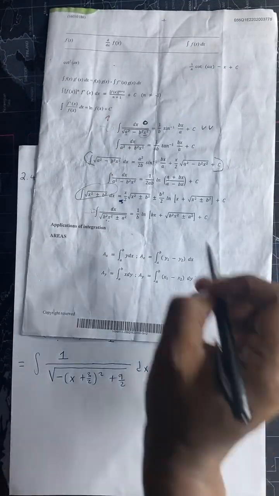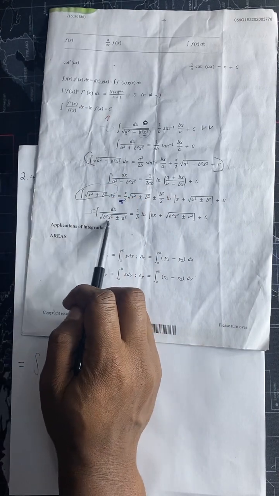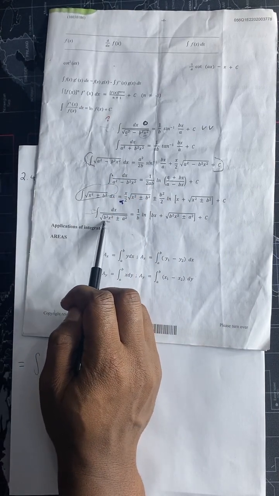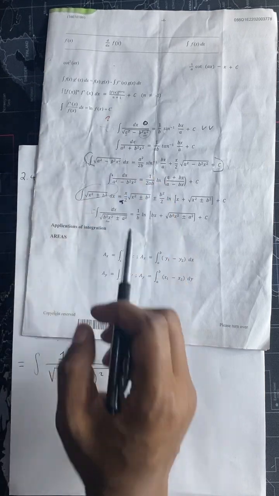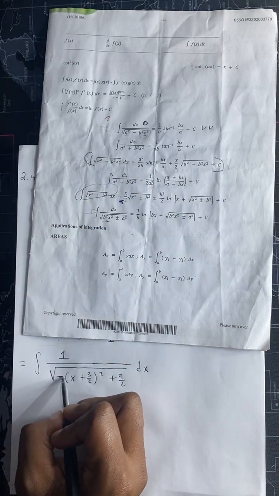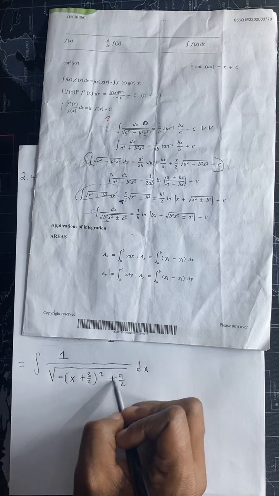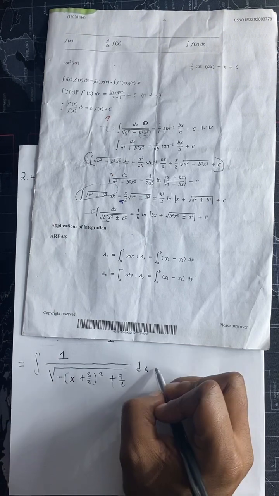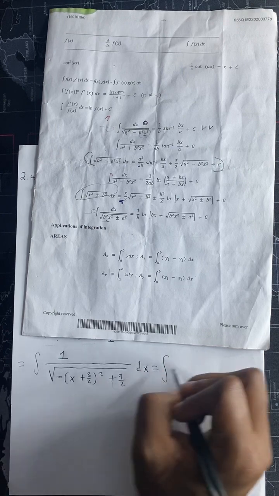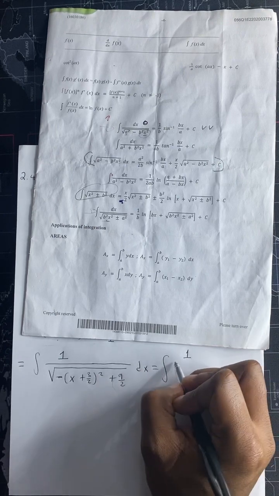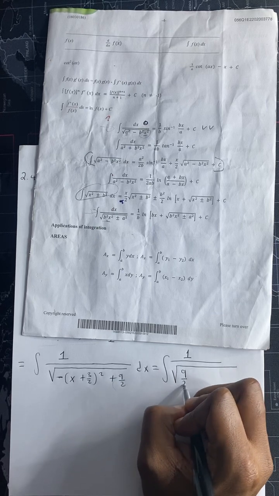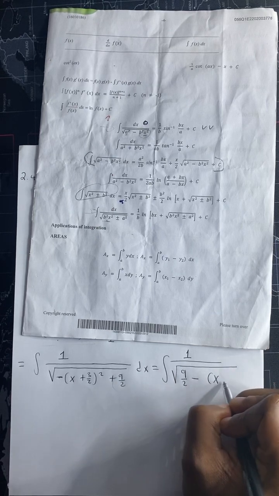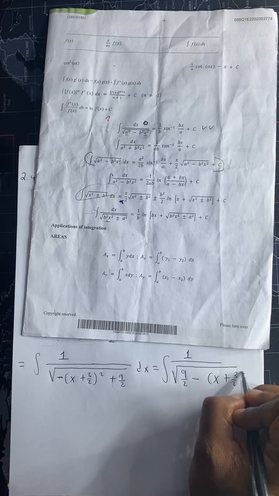So the first ones are positive, so b squared x squared is positive, and the a squared there is positive. So the first one which appears is positive, but we have negative as the first one which appears. So let's take that positive 9 over 2 and make it the first one which appears inside the square root. So we'll have 9 over 2 minus x plus 3 over 2 squared